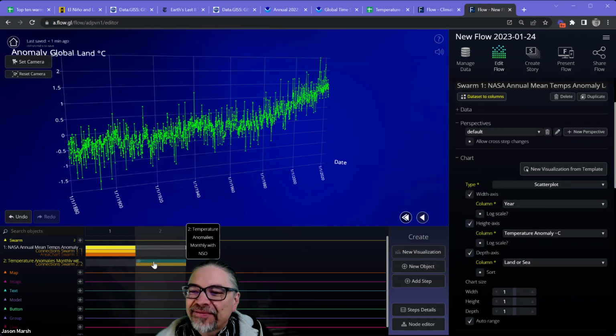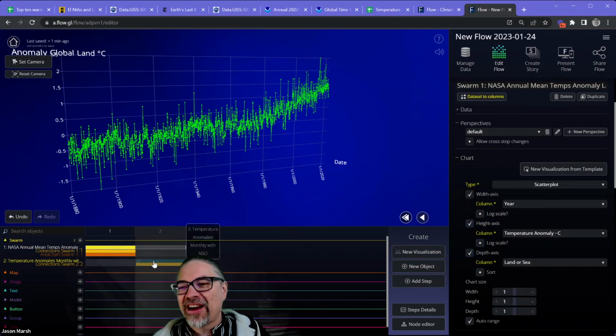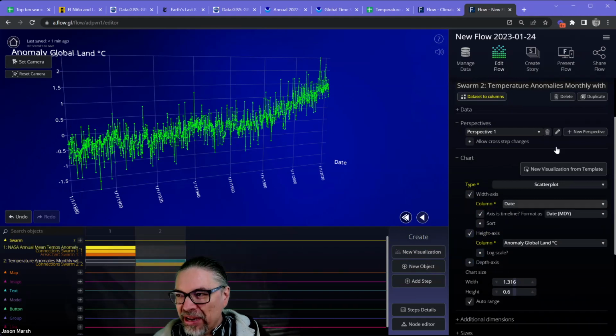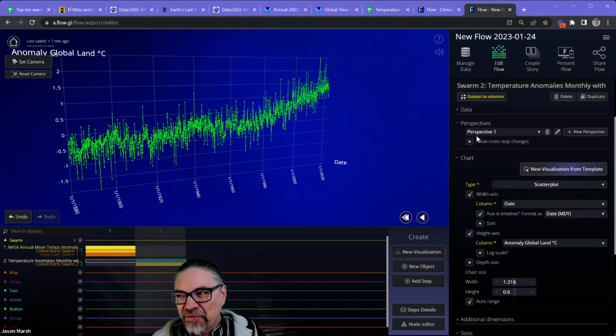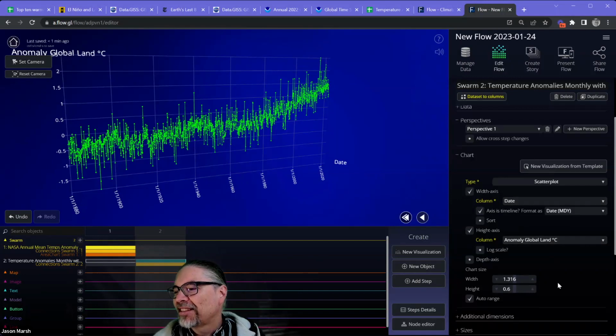This is one of the harder things in the UI. I wish I had a really great way to always have you be looking at the thing you care about. But sometimes you want to show 2 models at the same time, 2 swarms at the same time. So anyway, sometimes you have to just keep an eye on which swarm you are editing, especially if you get 10 steps and 5 swarms. It takes just a little bit of doing.